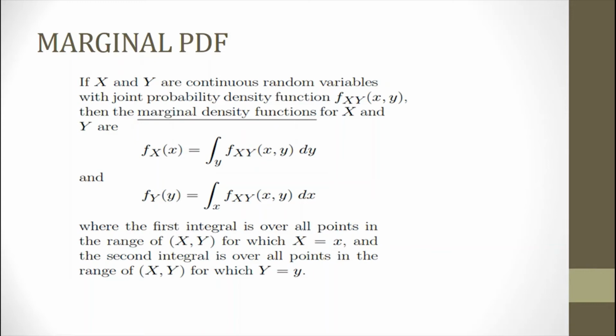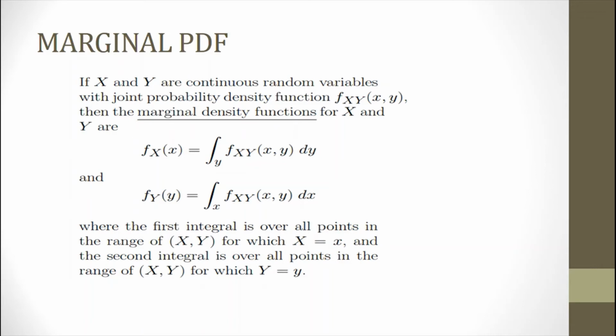What we do while marginalizing is that we only care about one variable out of the two, and we average over the influence of the other variable. This means that, for example, we have two random variables x and y, and suppose we want to calculate f of x, where x can take on any of the possible values. Now, to get the probability distribution, we can sum over all the possible values of y while keeping the x constant. We also know that while summing the values of y, it would be more efficient to use integral.